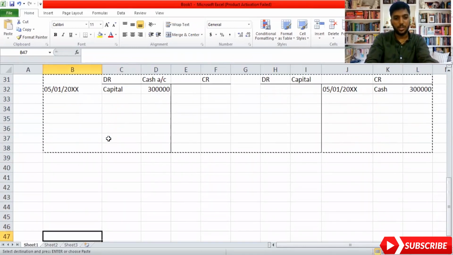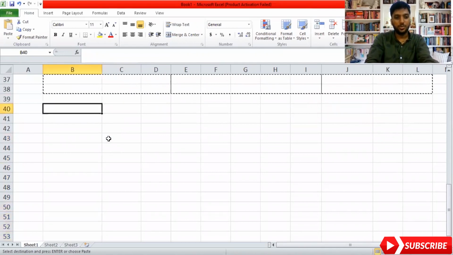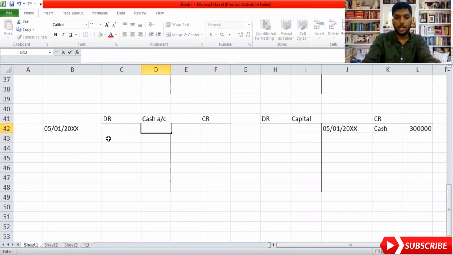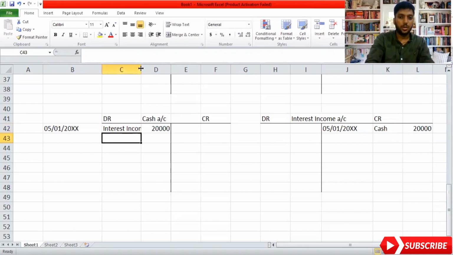I'm sorry, guys. I'm making you draw again and again, but that's how it should work. Okay. So here I have written the correct date, cash account, and here I am going to write interest income. So this is adjustment number 4. Here it's going to be cash because that's the amount of money you are going to get. It's 20,000 credit side, and on the cash side you are receiving it, so it's a debit. It is going to be 20,000, saying interest income. So I'm done with that also, guys.